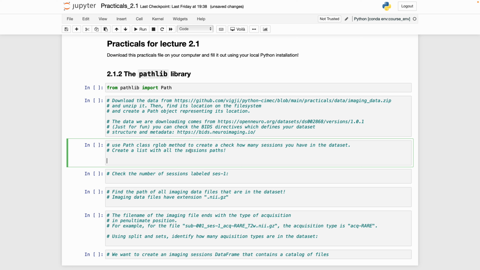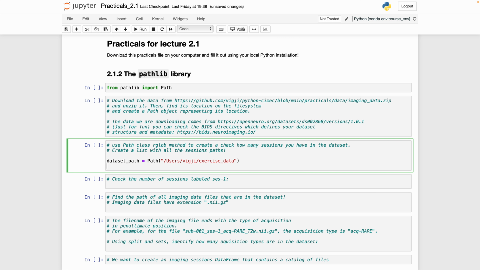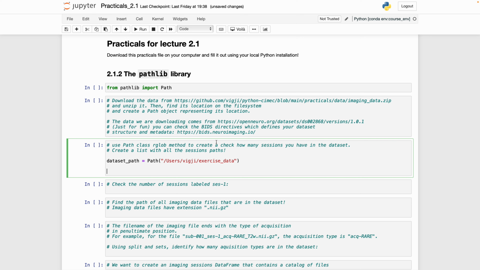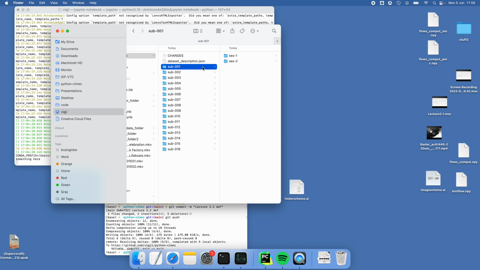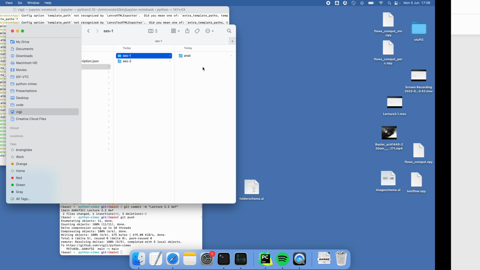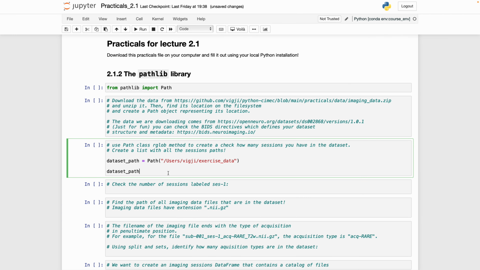So for the first exercise, the first starting point was to define a path object with the dataset location. So data path, let's say dataset path, we instantiate with the string of the location where we have the data. And then we had to create a list with all the sessions that we had in the dataset. So in this dataset, as JC explained, we had subjects, and for each subject we had multiple sessions. And so here we can say